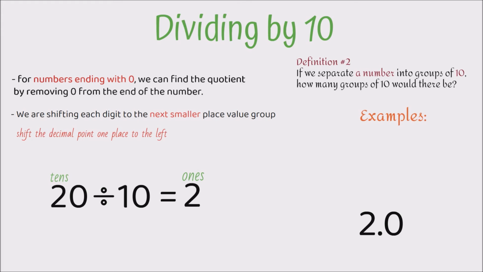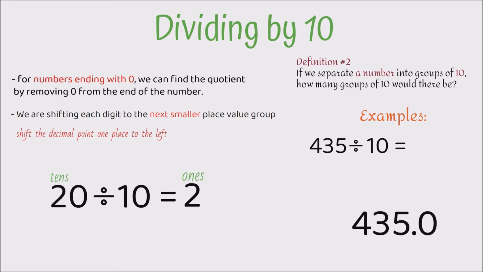Let's try this out with a few examples. Number 1, 435 divided by 10. Writing this as a decimal, we get 435.0, then by shifting the decimal point one space to the left, we get the answer, which is 43.5. Number 2,